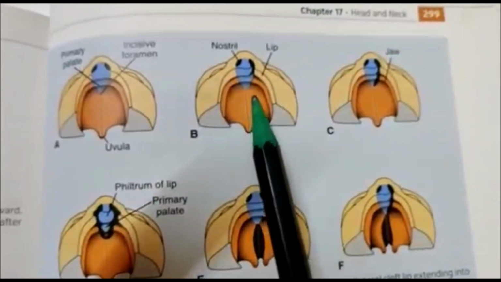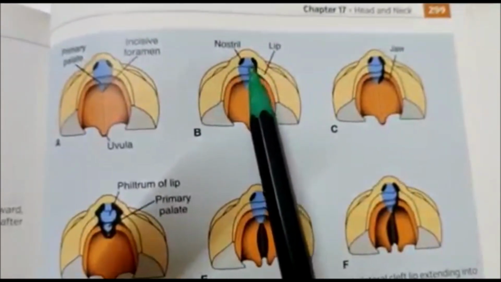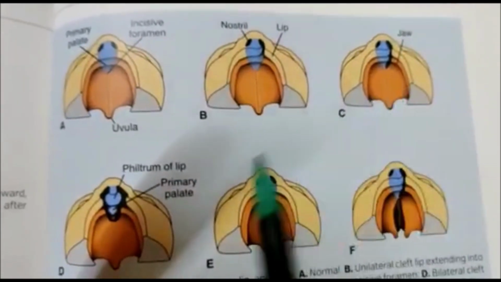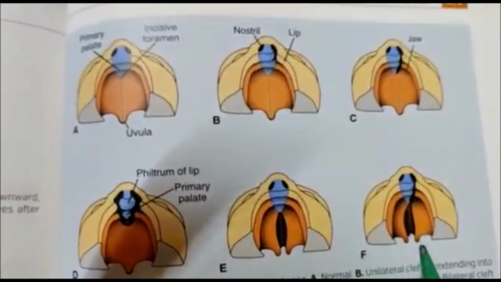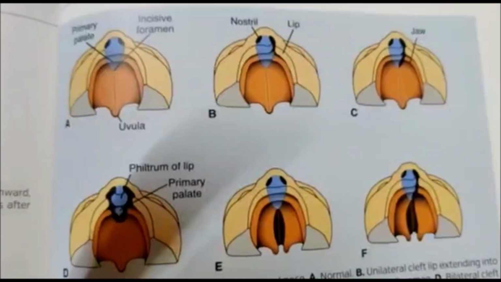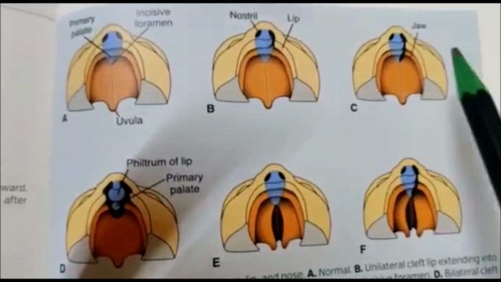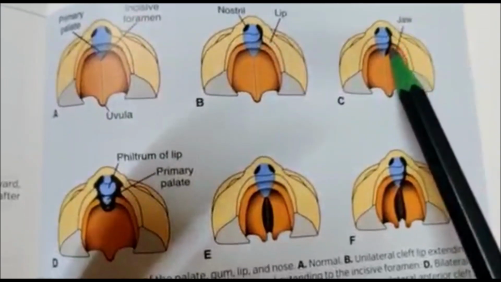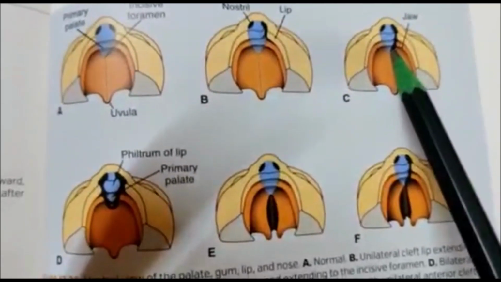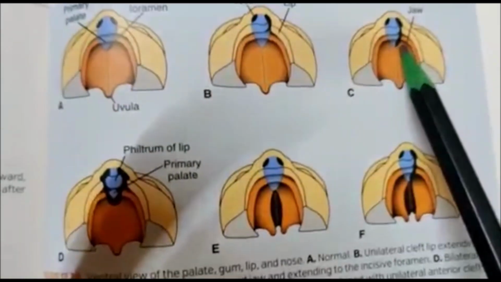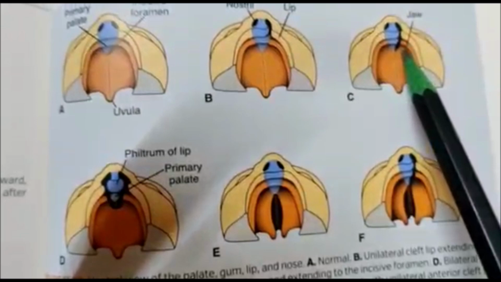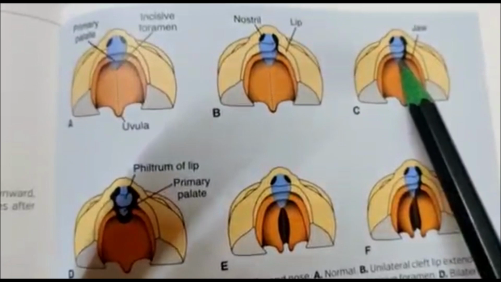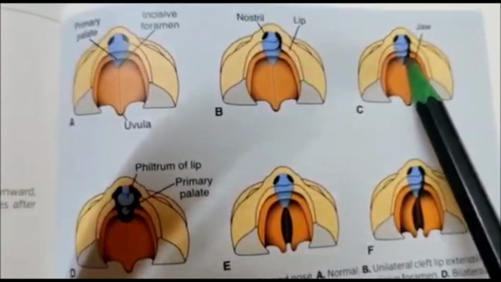Now in this picture we can see just a small cleft in the lip, that is a lateral cleft lip, which we have already discussed, while the rest of the pictures show various types of cleft palates, which may be associated with cleft lip also. For example, in this picture we can see a cleft palate associated with a lateral cleft lip, and this is because of the non-fusion of the palatal processes of the maxillary process with the premaxilla or the primary palate. So that is on the one side.